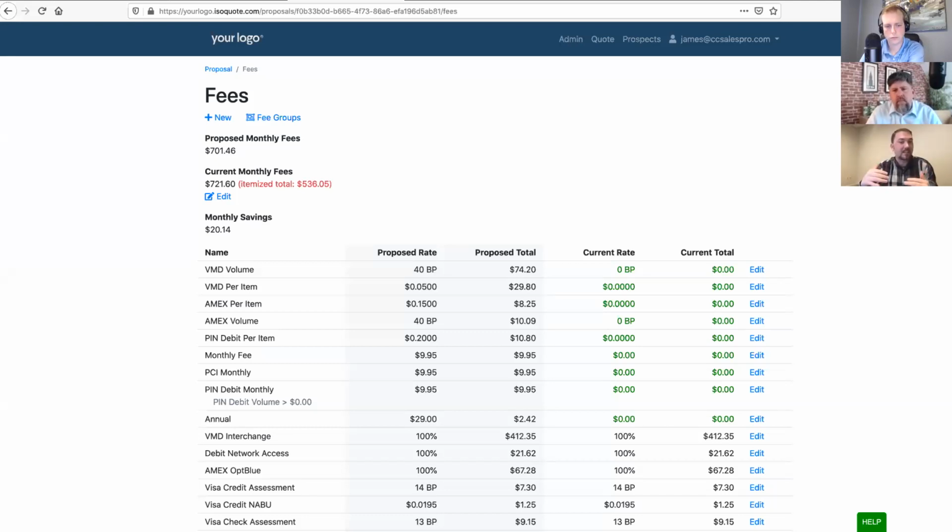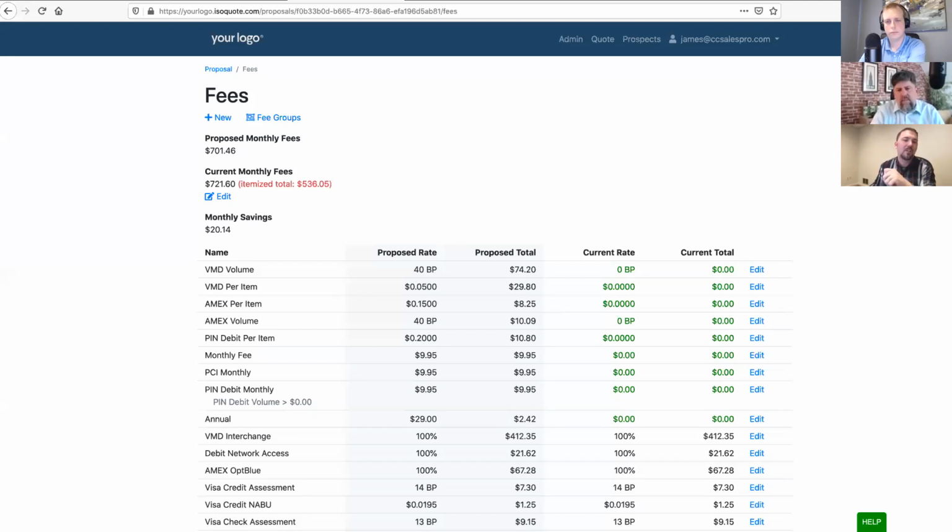So we have that. We have our debit network fees, our Amex Blue, and all these other pass-through costs like dues and assessments, but we haven't entered basis points of markup or transaction fees or monthly fees or any of that. So how do we do that? Well, I'll show you one example. I want to move pretty quick here. So I'm just going to show you one example.